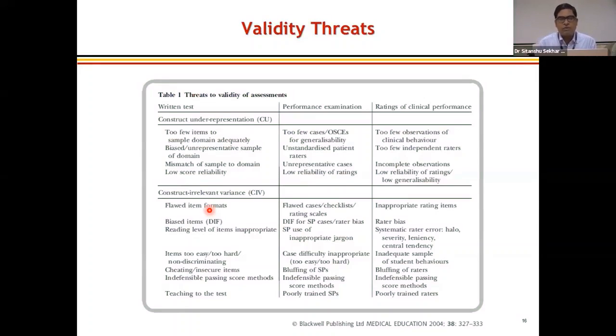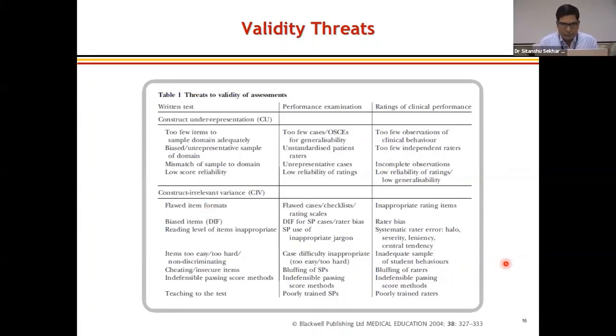Because what we should do is, if we have gone to a conference, we come back and take a class for them and educate them about the recent advances, then we can ask. We are not testing ourselves. We are testing what is expected of the students at the end of the MBBS curriculum and how they can practice as per the prescribed competencies or guidelines by